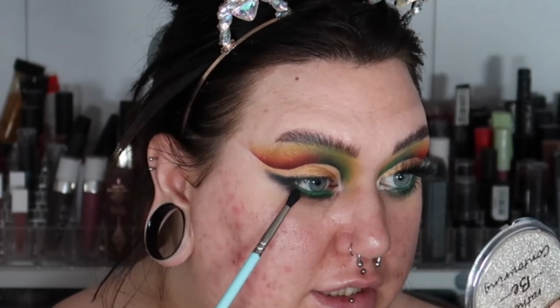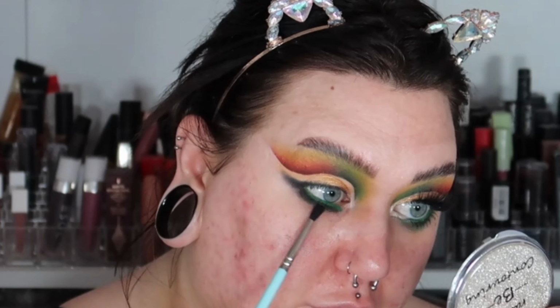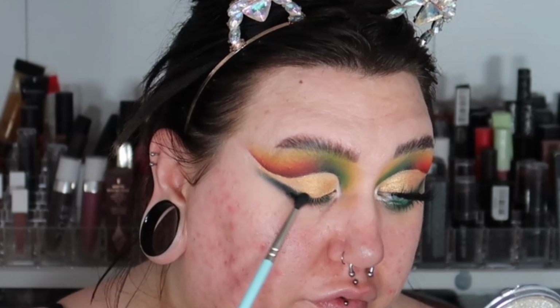I'm then going to go in with that Luxie brush with Antidote on it. I'm going to do the exact same thing, so right below, and I'm following where, oh, I just put green on my nose, where I placed that Plouise. So follow it up and then close your eye and follow it back down onto the lid. I'm basically just going through all the green brushes that we used up here with the exact same shades in that order. So Clover,